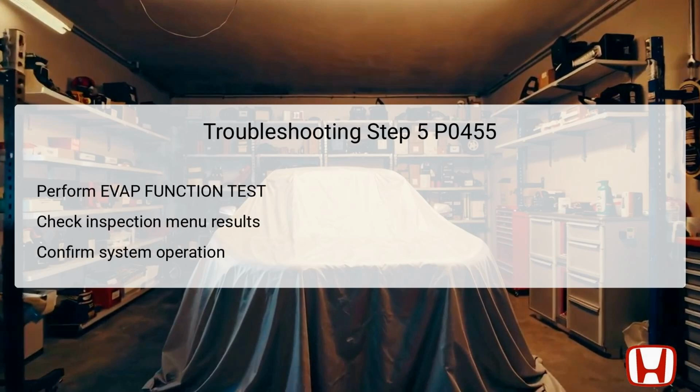Step 5 involves executing the EVAP function test via the HDS found in the inspection menu. This test specifically assesses the operability and integrity of the EVAP system under controlled conditions. The outcomes of this test will either confirm that the system is functioning correctly or indicate that further investigation is